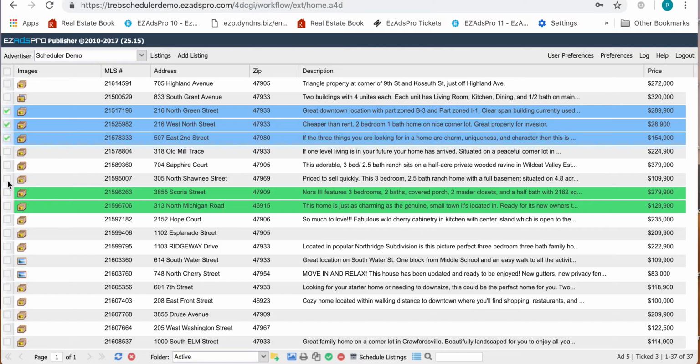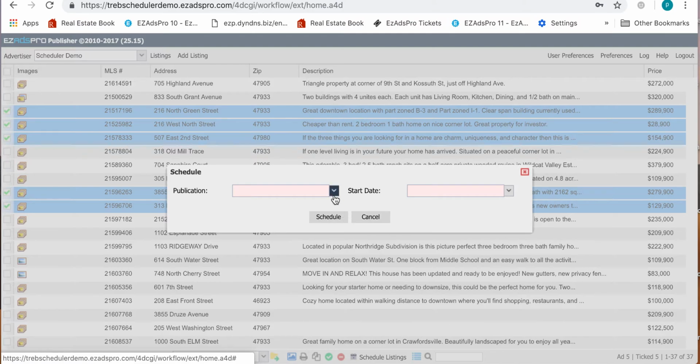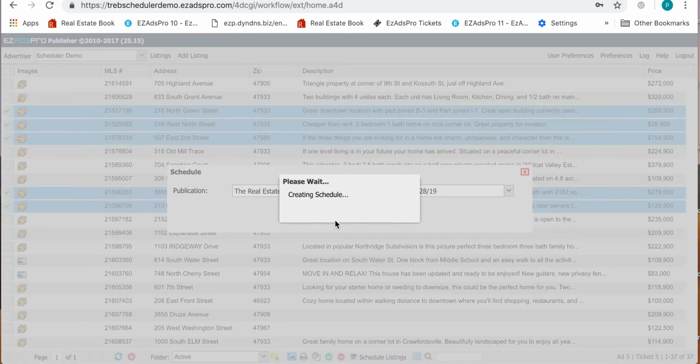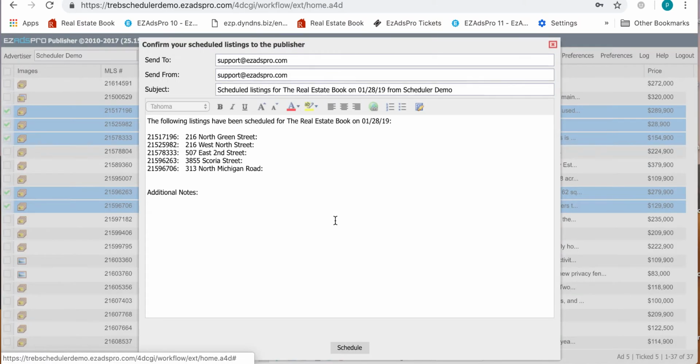Now I'm going to select the items that I want to send across to my graphic artist. I'm going to click on Schedule Listings. Once I click on this box, it's going to ask me for the publication and the particular issue date, and I click on Schedule. Once I've clicked on Schedule, it's going to give me the ability to send this particular listing to my graphic artist. In this case, I'm going to say Perry at